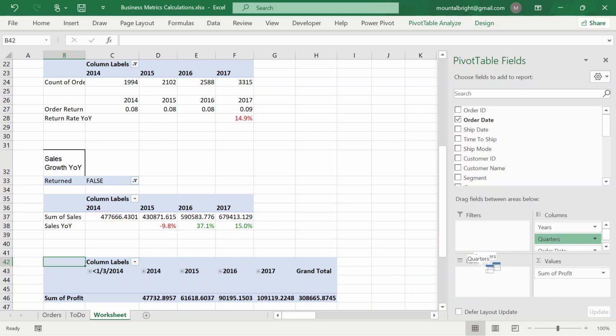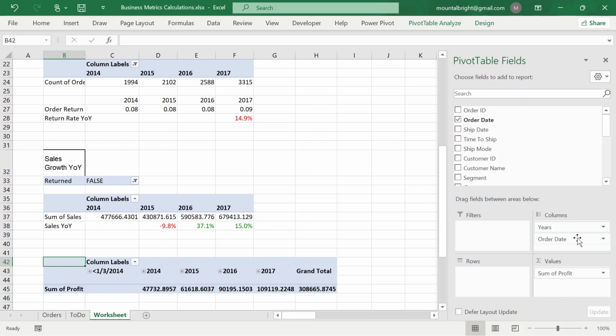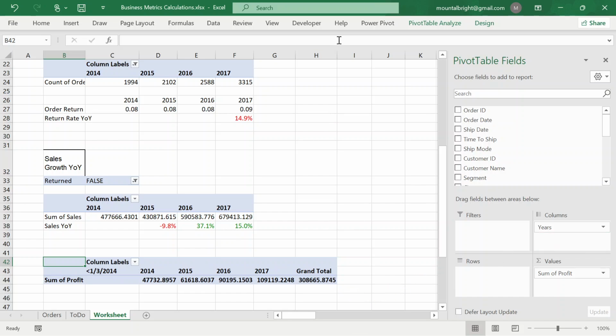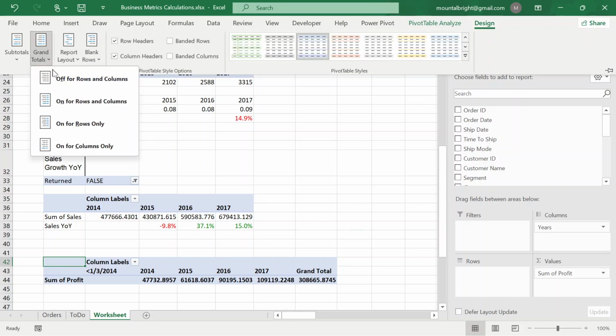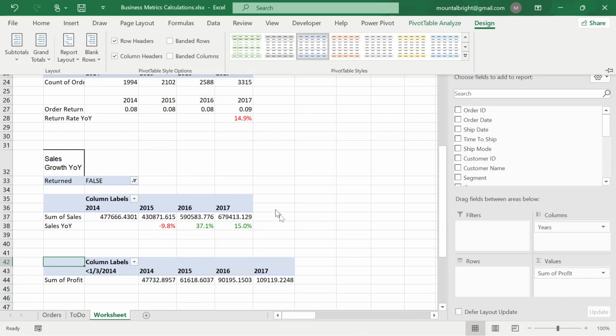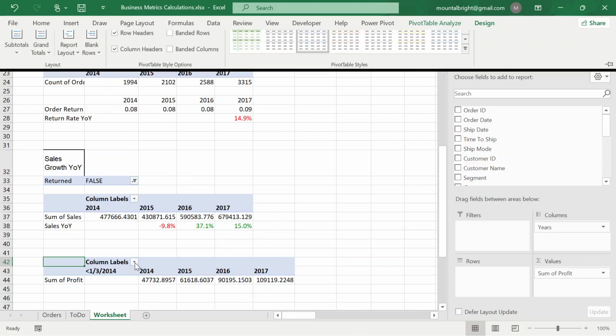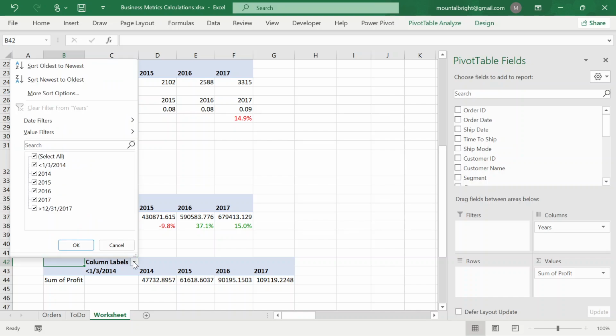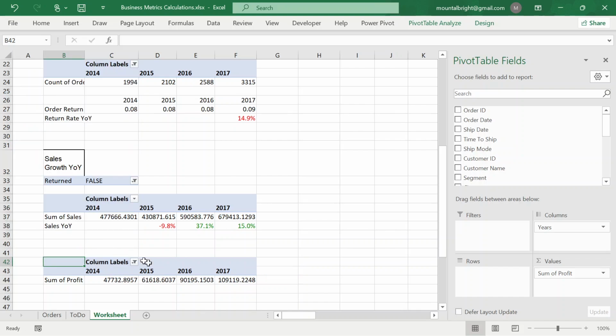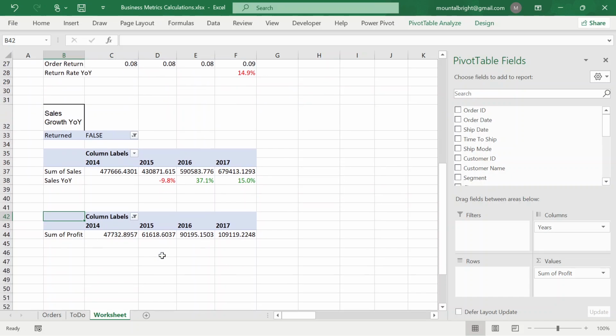Then I don't need quarter. I don't need order date as usual. Then I don't need grand total. Okay. And then I filter for the time, date. Remove this, and then remove this as well. Okay. Similar to what I did before,